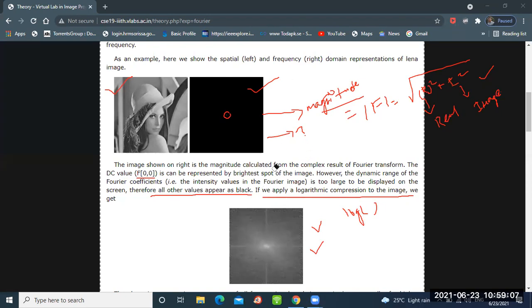Now this is your magnitude spectrum. Here at the center of the image you can see my brightest part, which represents the coordinate (0,0). The rest of the pixels' intensity levels are directly proportional to the frequency, based on their distance from this center. I hope it is understandable to all of you.